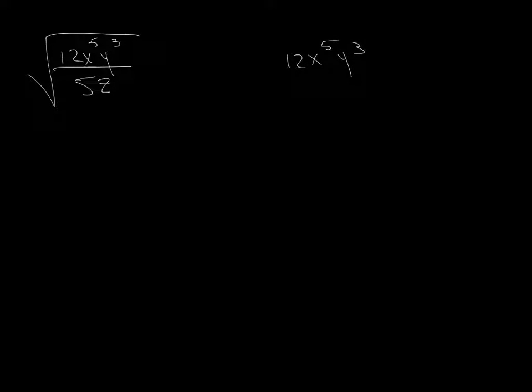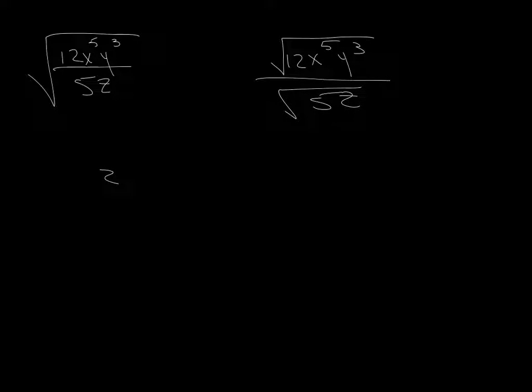We have 12 x to the 5th y cubed over 5z, and that's under one radical sign. So what we're going to do is we're going to split them up, and let's move it over a little bit so I've got more room. Okay. Now what I'm going to do is I can't reduce the 5, it's a prime number, but I can